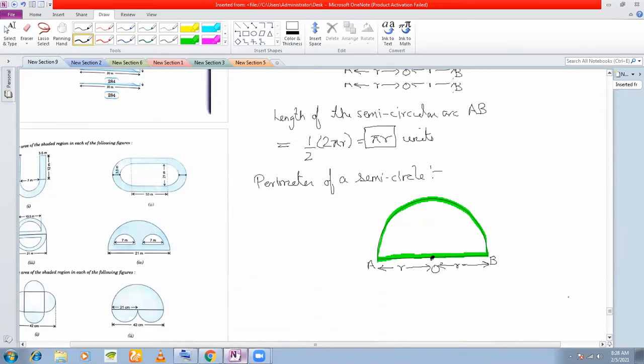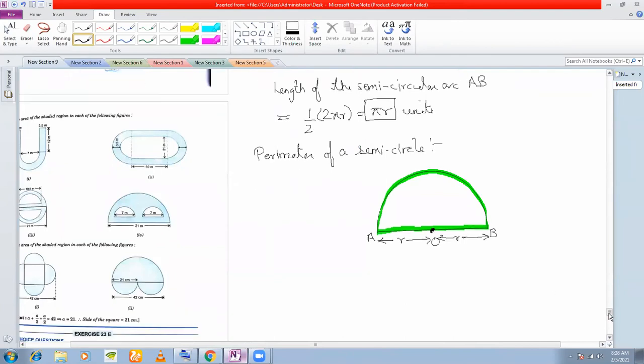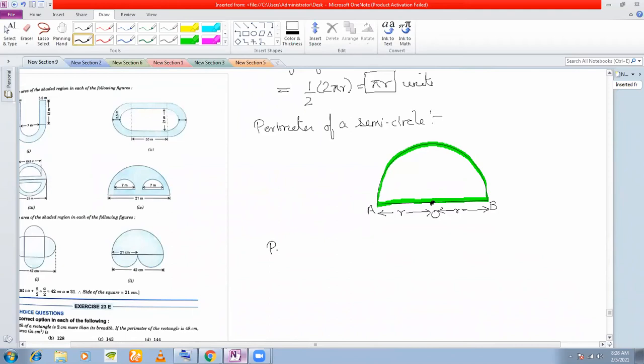But here I'm finding out the entire perimeter of the semicircle. So this time, the perimeter of the semicircle or semicircular arc AB, the entire length of the boundary, is equal to the length of the arc AB,